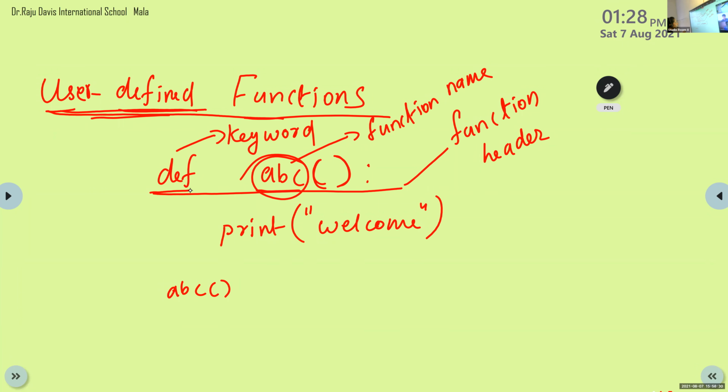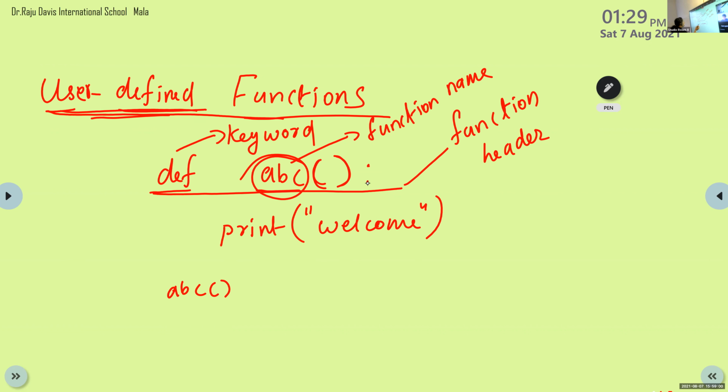After the def keyword, write the function name. You can write any function name here. So here the function name is ABC. After the function name, write the function bracket. Round bracket is the function bracket. Then after that, write the colon. So this line is known as function header.